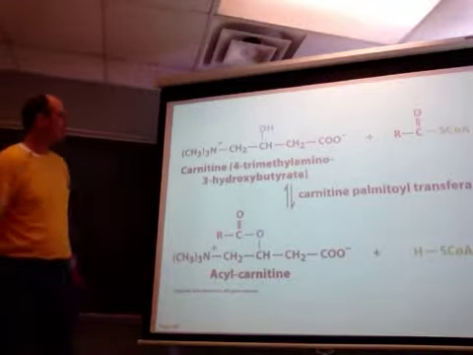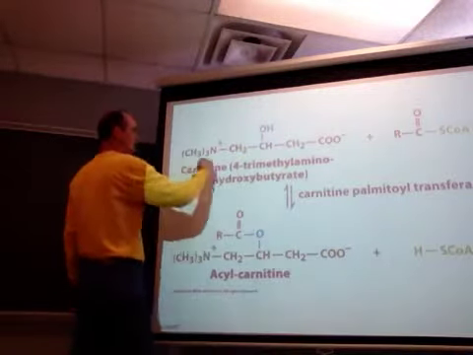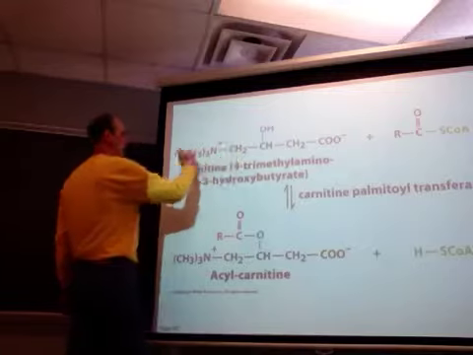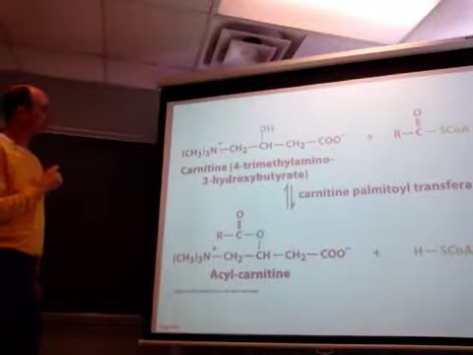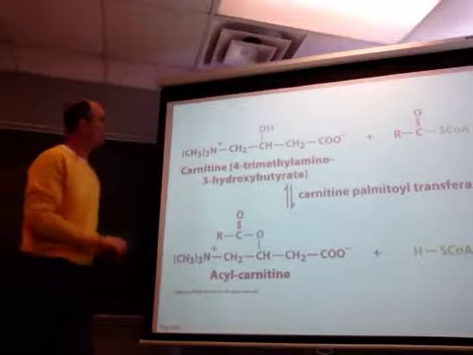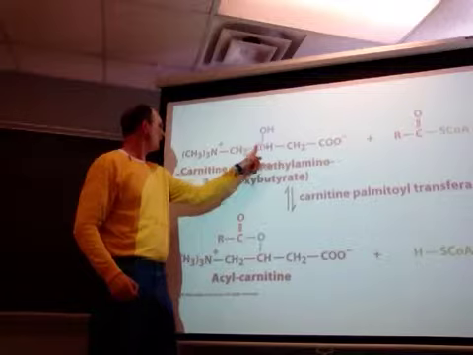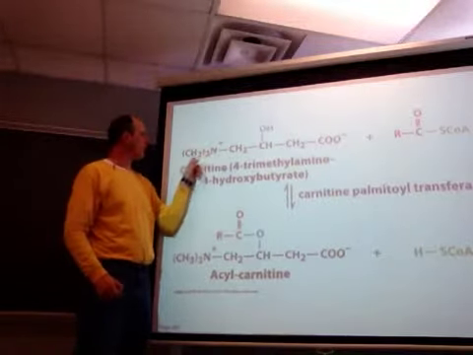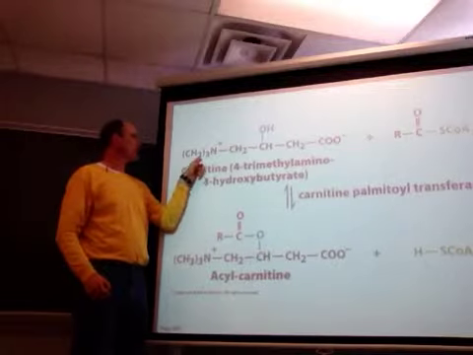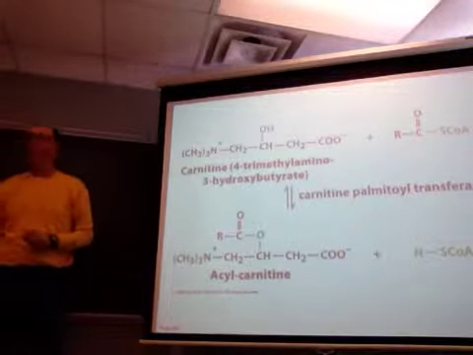But no, carnitine is carbons 1, 2, 3, and then a nitrogen. Hydroxyl group on carbon 3. An amino group on carbon 4 that is trimethylated so that it is a quaternary amine, a permanent positive charge,